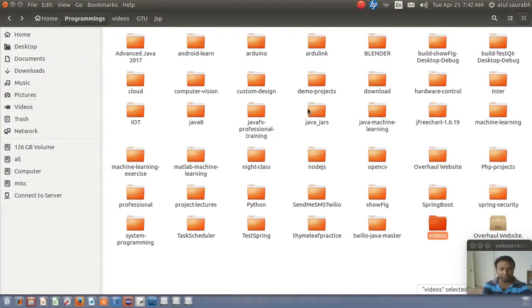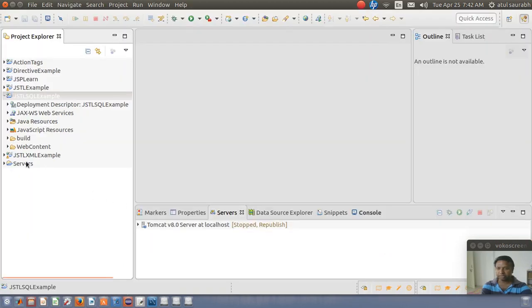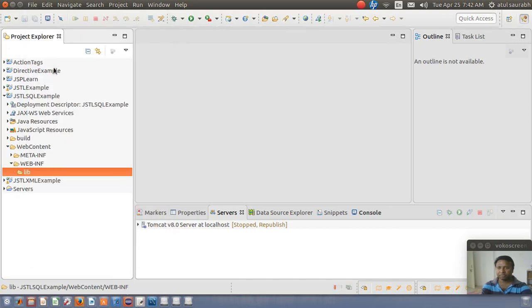Let me go to jars, and I will first copy it. I also require this MySQL connector, so let me copy it at the same time. Copy, and I am going to paste it in the WEB-INF lib directory. Okay, so now the server configuration is done.